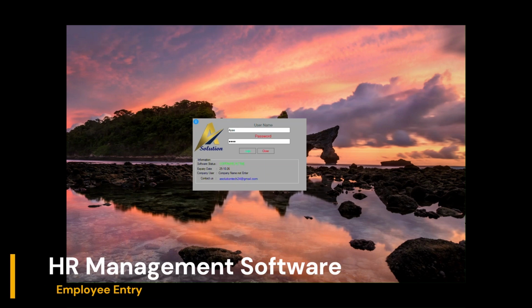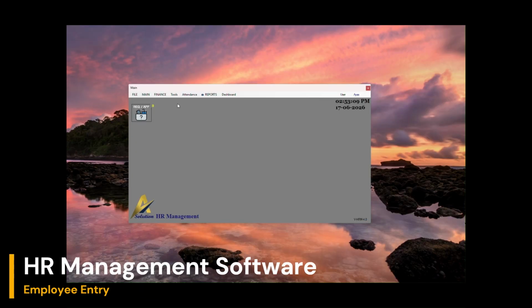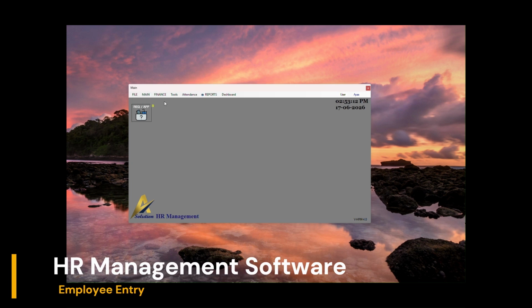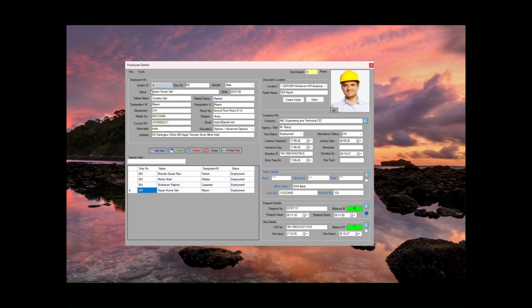Log in to the software with your username and password. Enter the employee details: add employee personal details, employee number, gender, name, date of birth, father's name, marital status, designation